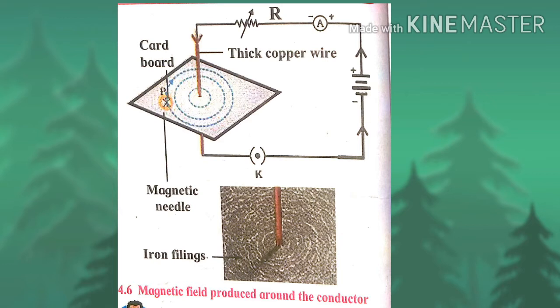Instead of magnetic needle, spray iron filings on the cardboard and observe, then what happens? Iron filings arrange themselves in circular manner around wire. The iron filings spread along the magnetic lines of force. The magnetic field is produced around a straight current carrying conductor. If the current is unchanged, magnetic field reduces as the distance from the wire increases. Therefore, the concentric circles representing the magnetic lines of force are shown bigger as the distance from the wire increases.